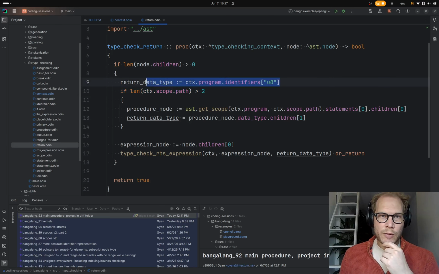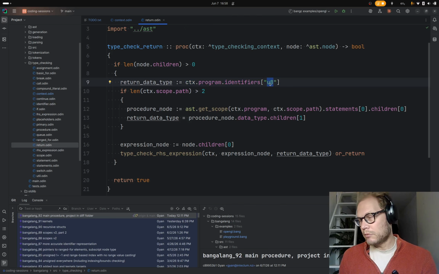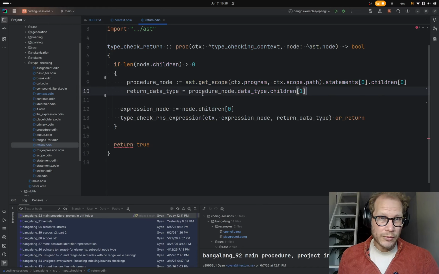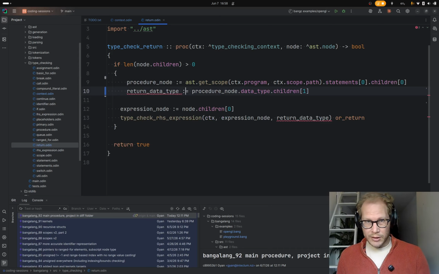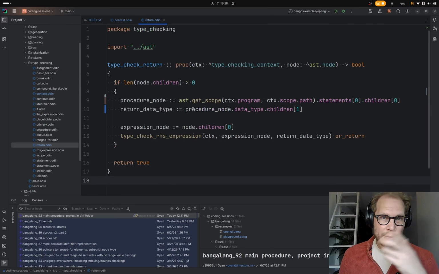There used to be a special case where if you did a return at the module level, then the return was a U8, because that's what exit codes are in my language. But you can't do that anymore. You can't do a return from the module level because I made it so that everything needs to be a declaration at that level. So we can cut that out, and then we have something a bit simpler.